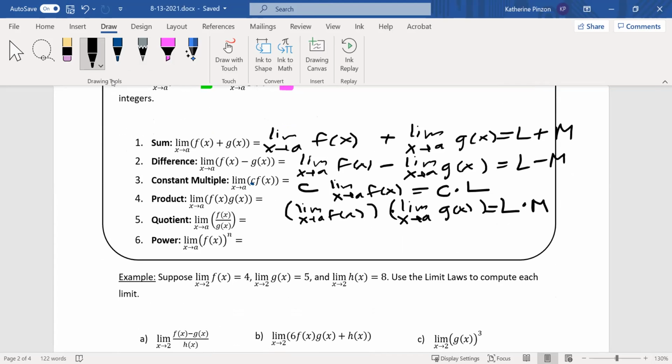Okay, a quotient is the only time something might go wrong. And when do you think something might go wrong in a quotient? 0 where? In the denominator. If there was a 0 in the denominator, you should think like bad news. So you can distribute it to the quotient as long as